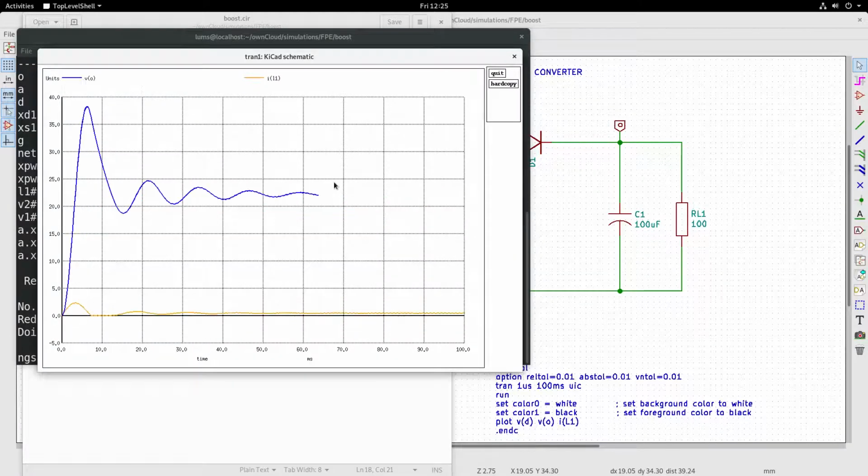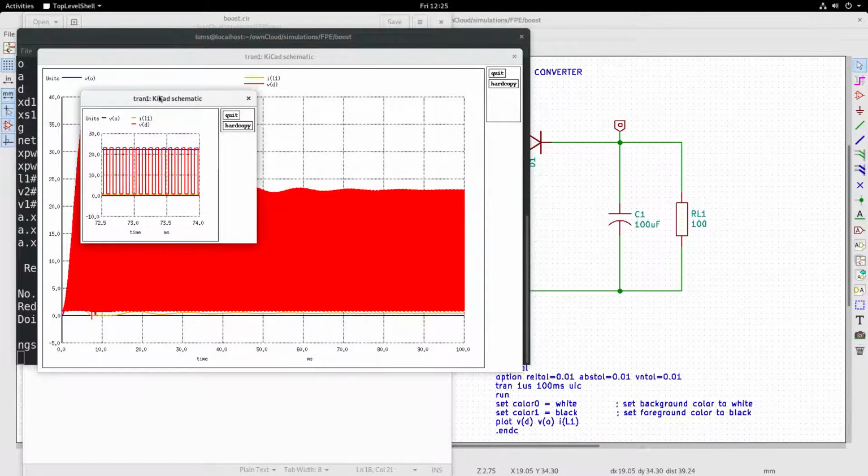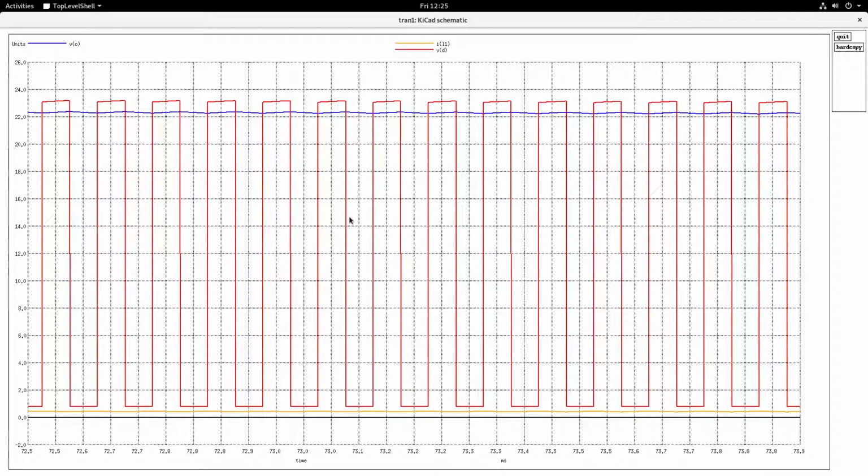Let me take a very small portion of this window so that we are able to see the switching waveforms. So this is the switching waveform. You see the blue one is the output voltage. It is boosted. We gave an input of 12 volts and it's now boosted.